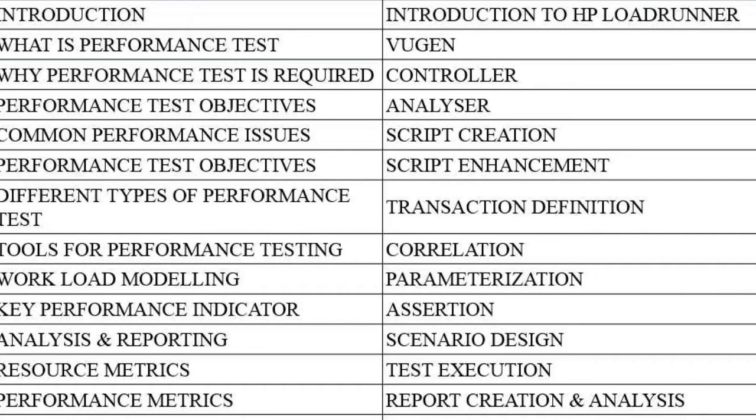So we'll be covering right from the beginning the basics of what is performance testing, how it is done, what are the common performance testing issues, performance test objectives, process, what is workload modeling, what are the KPIs, what are the counters, how do we analyze the test, how do we report the test, what is a tool called Perfmon, and what exactly is HP LoadRunner, what are the components of HP LoadRunner,